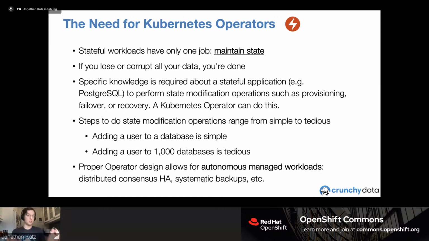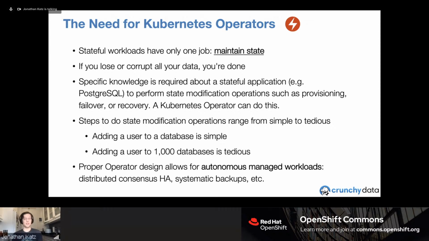So Postgres does things one way, MySQL does things another way. From a high level they're similar, but the specifics in terms of how they work are different, and that's where the operator can capture that information. Additionally, modifying the state could be something very simple or very tedious. Creating a Postgres replica is actually a little bit of a tedious process. It helps to have all of that automated, and in a way that is able to do it efficiently.